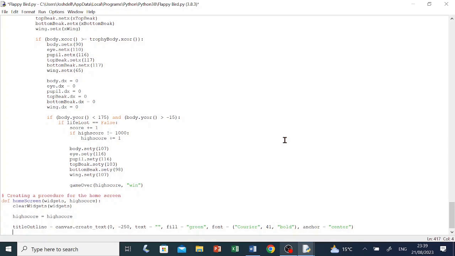Again, we're going to do the same thing. We're going to leave the text as blank because we're going to generate it one letter at a time. titleText = canvas.create_text(0, -250, text = "", fill = "white", font = ("Courier", 40, "bold"), anchor = "center"),